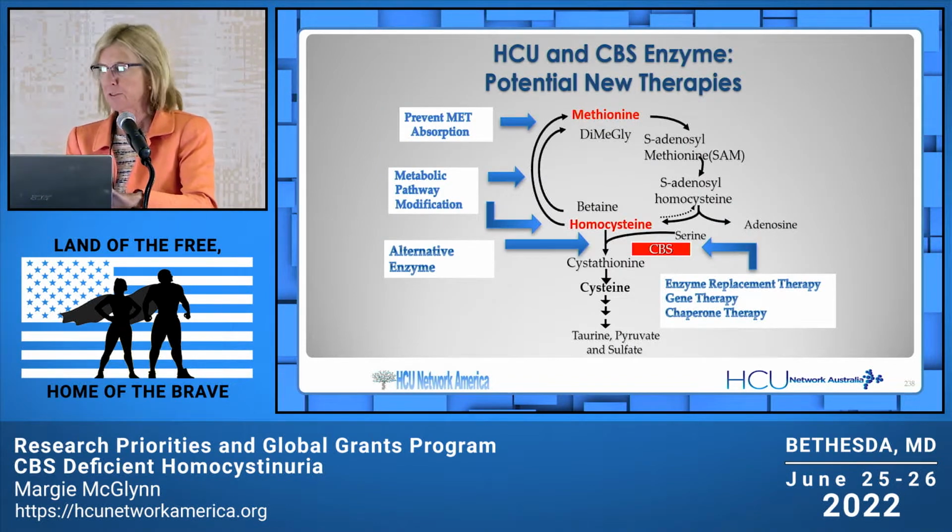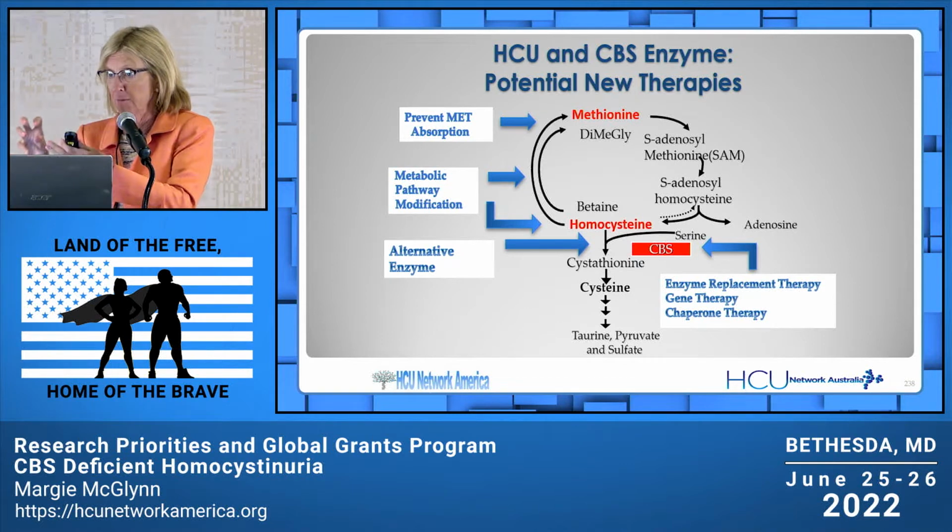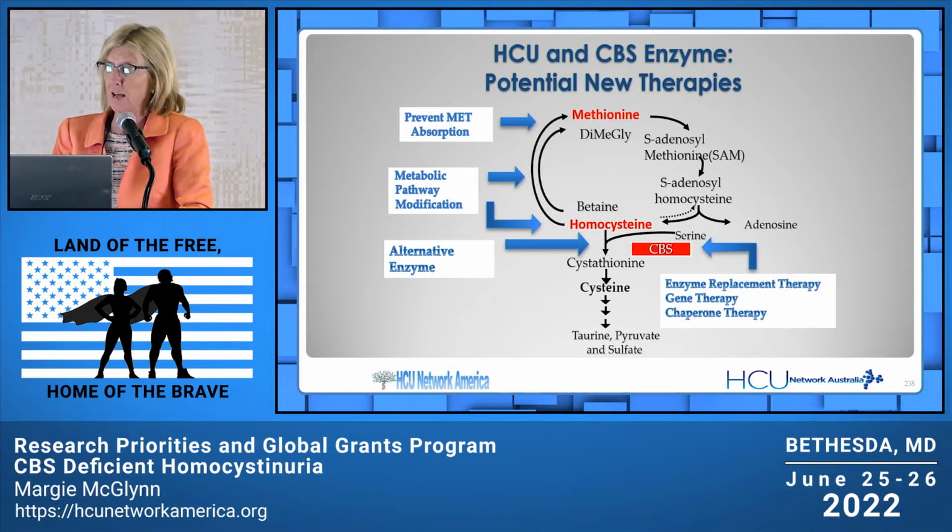So again, here's the pathway, and this just shows where each of those potential therapies would exert their effect. If you go to the bottom right, can you directly replace CBS with enzyme replacement therapy, with gene therapy, or with chaperone therapy, you don't replace CBS, but you make CBS function? Then you could go to the lower left and have an alternative enzyme that replaces that defective CBS and does the same thing,